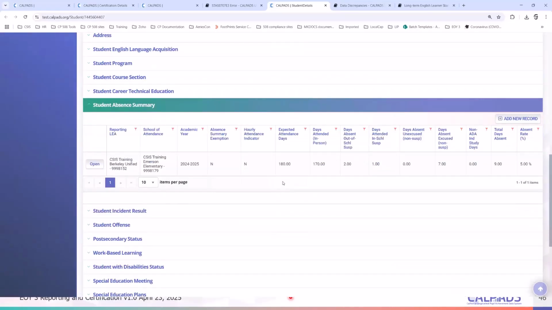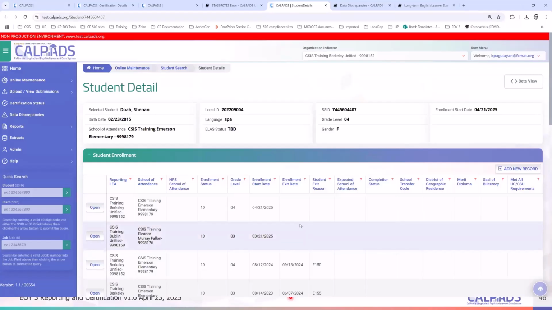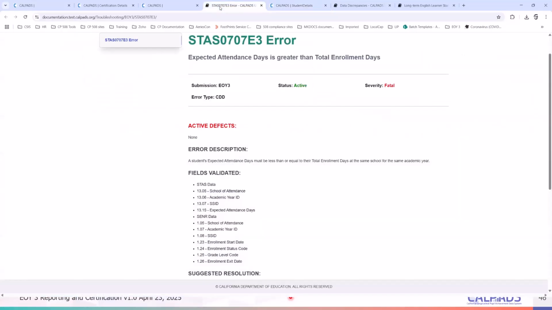By default, if you submit a STAS file ahead of the SENR exit, CalPADS will use May 15 as the cutoff point. And so if that's the case, it's not 180. And if you add the total here, it's not even 180 as well. So that's the point. If you have students who entered the school at the end of the year, then expect the attendance days to trigger this error until you've exited the student.